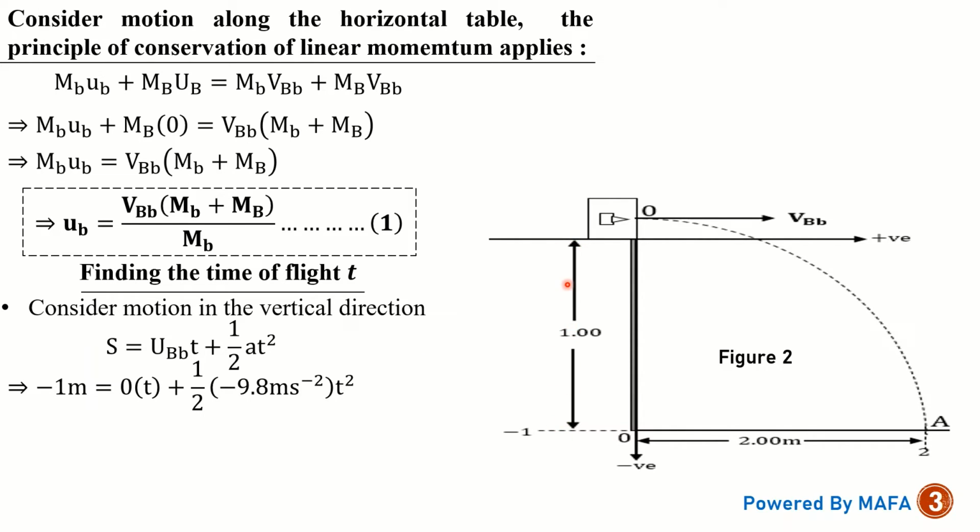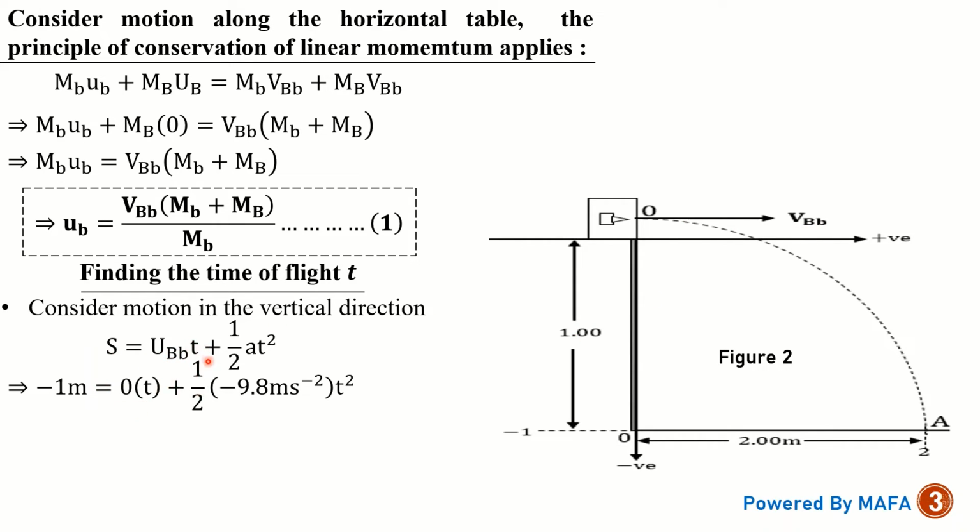If you want to use a distance, it depends on you. You're just going to put 1. Now since you are considering motion in the vertical direction, there is no initial velocity for both particles, because their initial velocity is just in the horizontal direction, which is v b. Alright, so u_b is 0